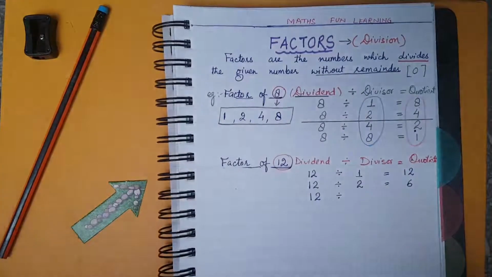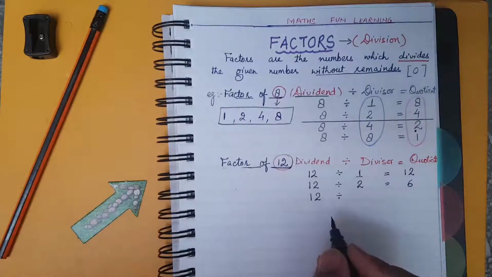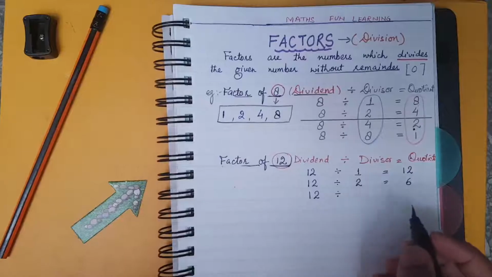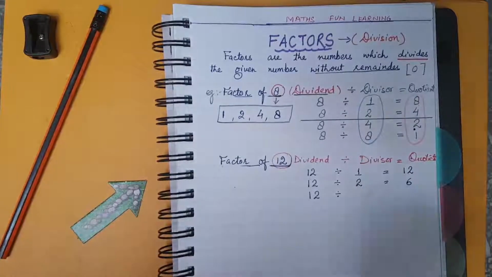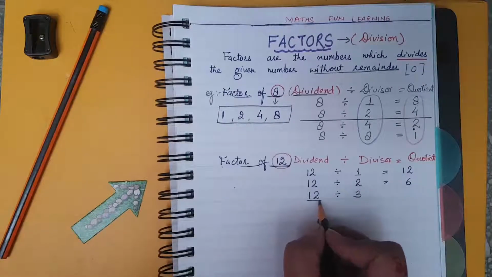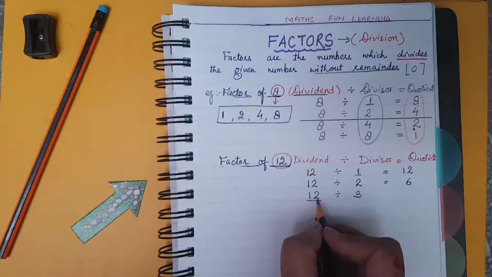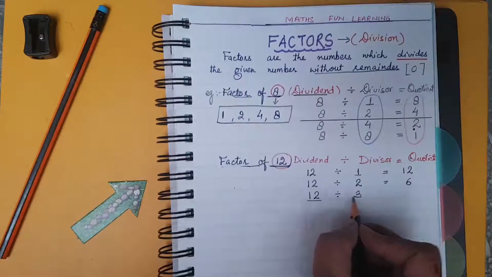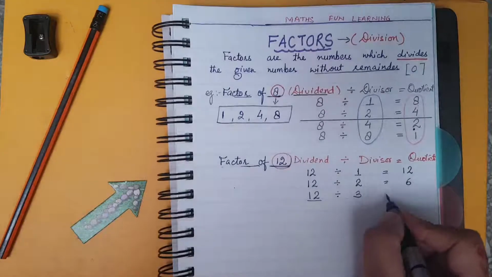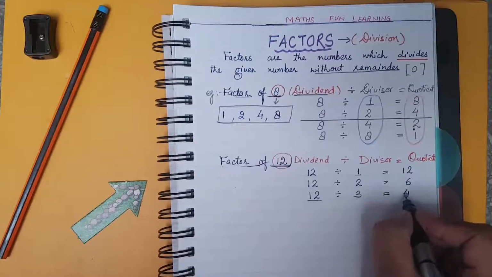Okay, so here you have to check with the table of 3. So let's find out the divisibility of 3. How to check the divisibility of 3? When you have a 2-digit number, to check the divisibility of 3, what you have to do is add the digits. Add the digits of your number, like 1 plus 2 is 3. That 3 can be divided by 3. So that means this 12 is divisible by 3. Okay, so how many times will it divide? You can see it. We can divide it 4 times.